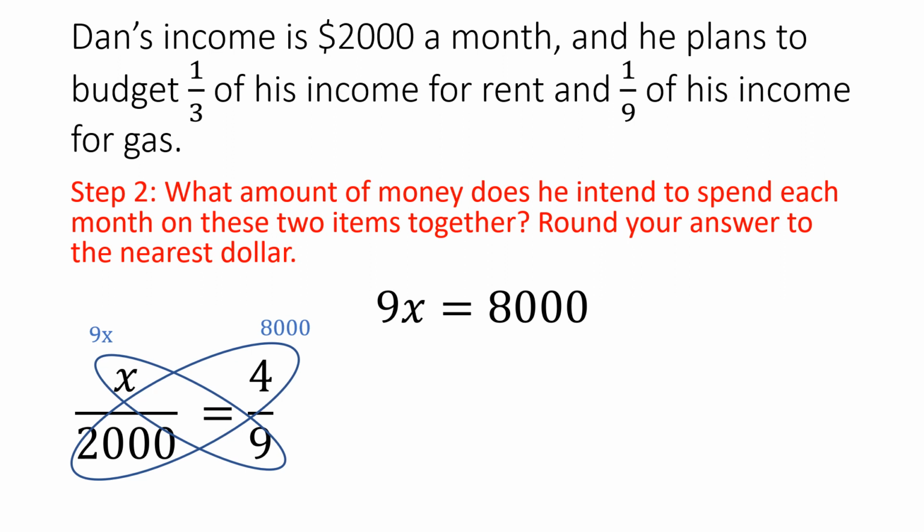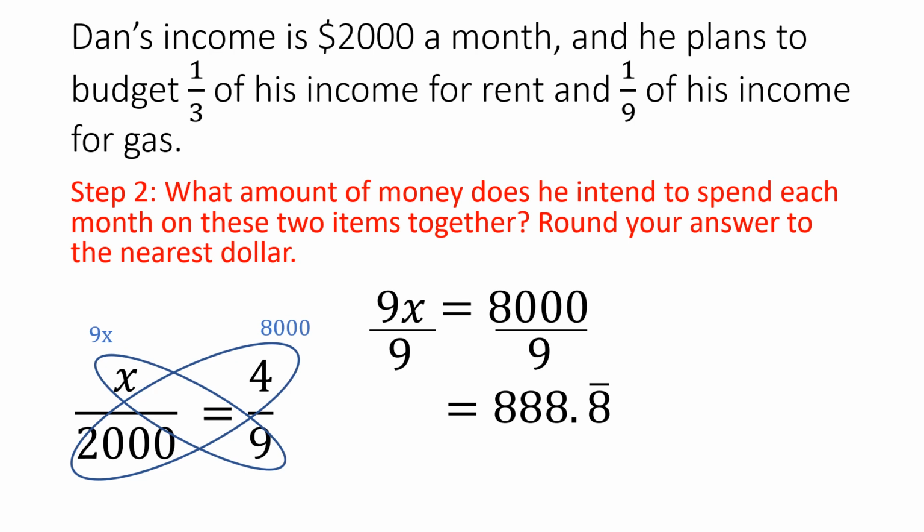Now this becomes a one-step equation that we're wanting to solve. And what you need to realize is the operation that's happening between the 9 and x is multiplication. The opposite of multiplication, to get rid of the 9, because we're wanting to solve for x, the amount, is division. And so we're going to divide both sides by 9, because what you do to one side of an equation, you must do to the other side to keep everything balanced. And so our final answer is going to equal